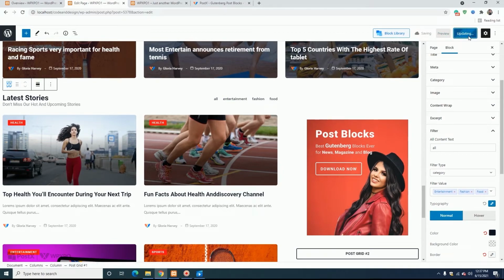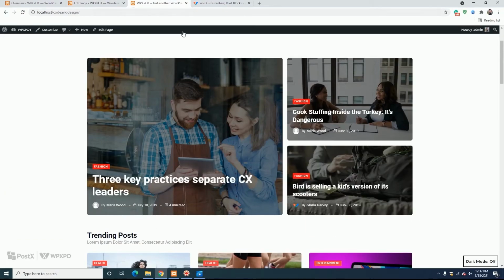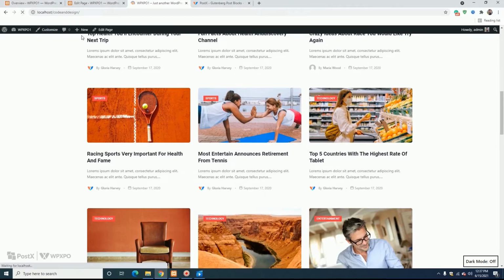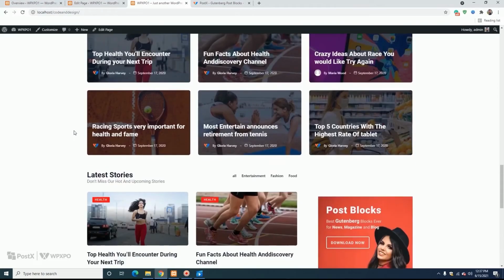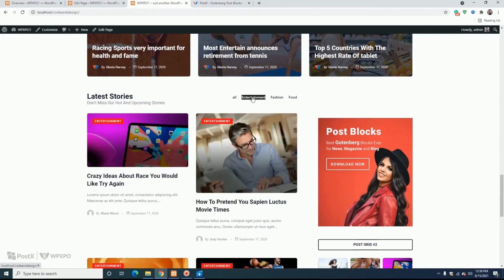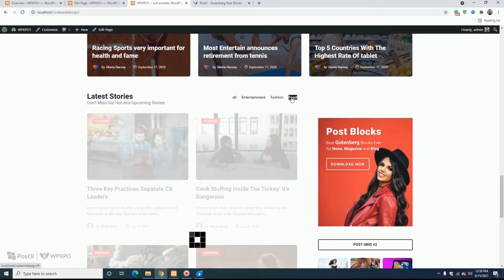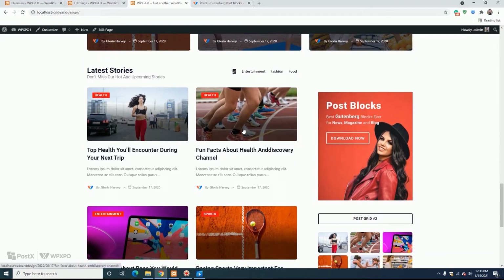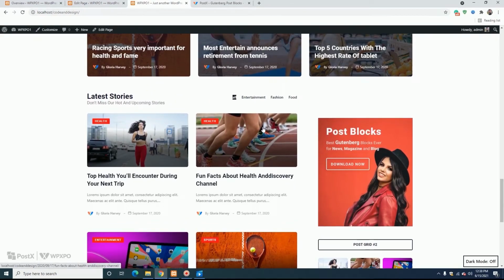Now we can update and check this. So these are all the categories: entertainment, fashion, and food. So users can filter by these categories without reloading the whole page. Here you can see that. So that is how the filtering works.